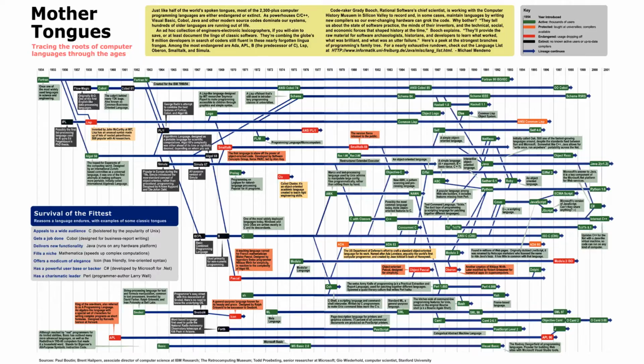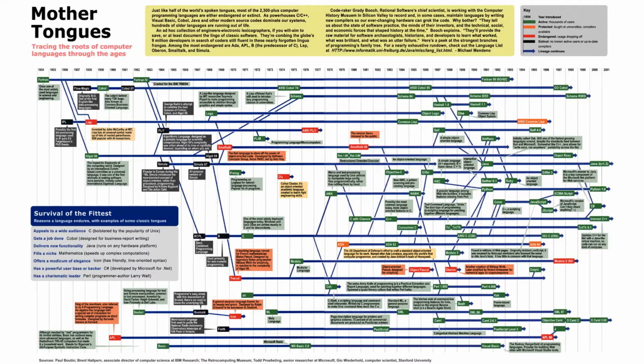But there, see there's branches of them, so they all relate to each other some way. And there's a few other important ones in there. It only goes up to 2001. That's on this end, so there'd be new ones popping up there. And there's a lot more programming languages than this screen. So I just wanted to give you an idea of how they all relate to each other. Some of them don't relate at all, like the one at the bottom, Basic, down here, sort of started by itself and just keeps going, and it's now Visual Basic, but it's all the same programming language. So yeah, just wanted to give you an idea. But as I said, I'll put this up on Google Drive so you can actually look at it if you're interested. The ones we're interested in,